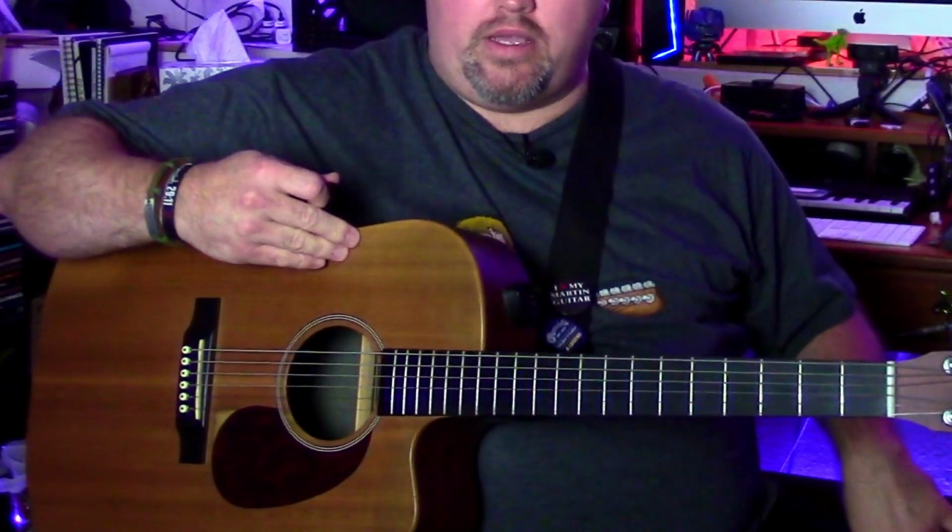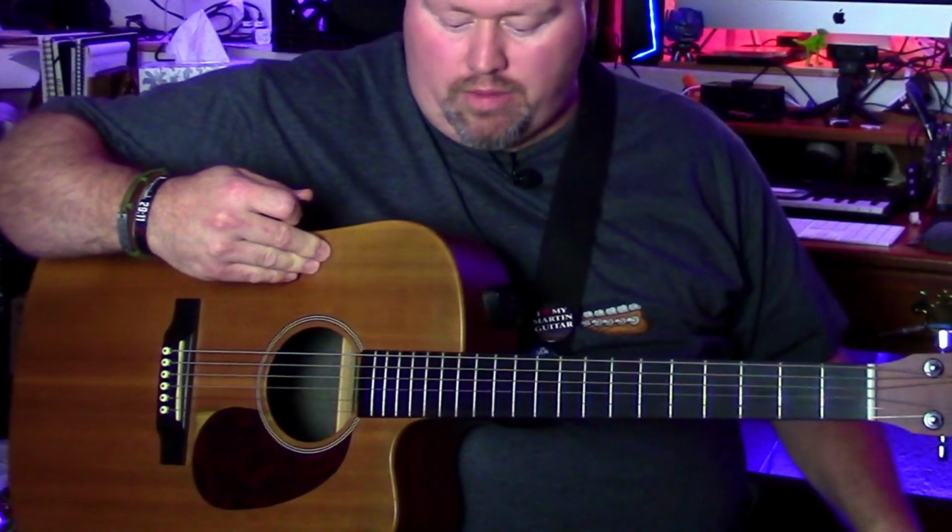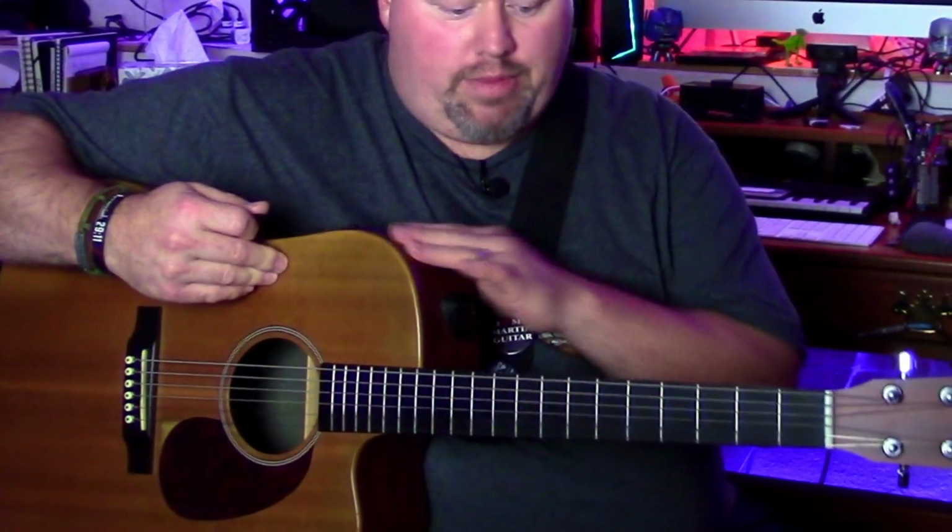I'm not sure if they come in a medium, but if they don't, I wouldn't worry about that because these sound like they got the tone. Now bear in mind, this is also on my Martin DCX-1E, and this guitar is not all solid wood. The top is a solid Sitka spruce top, but the back and sides are high pressure laminate, and